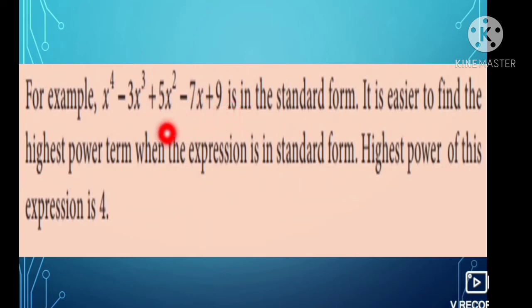Then we can say this polynomial is in standard form. In the standard form, we can easily find the highest power, that is the first term's power, isn't it? The first term power will be the highest power, and also this highest power will be the degree of this polynomial, and here the highest power is 4, which is the degree of this polynomial,